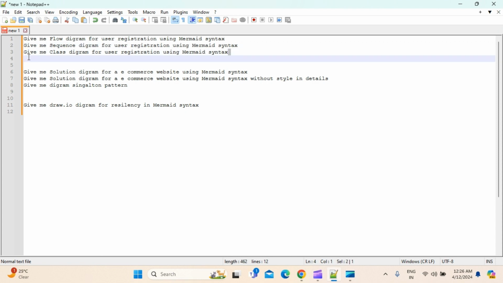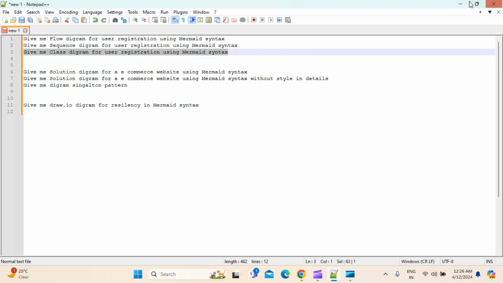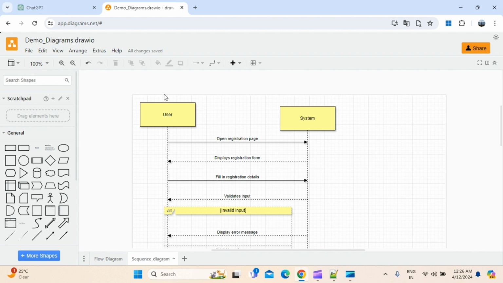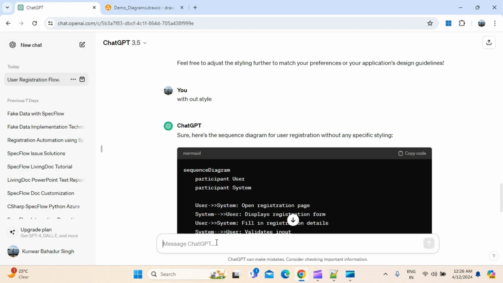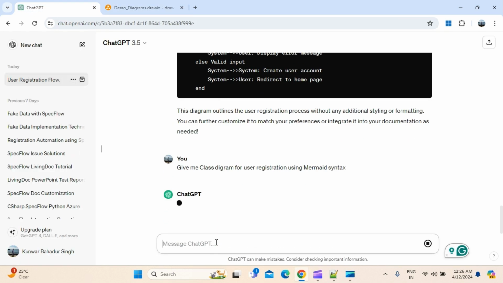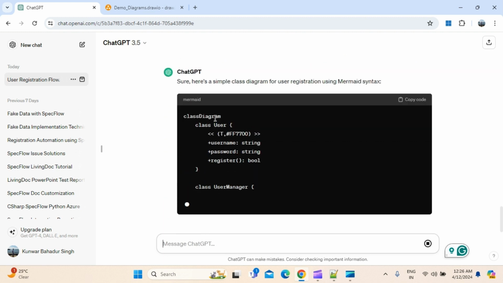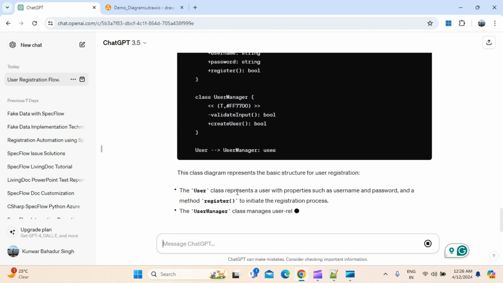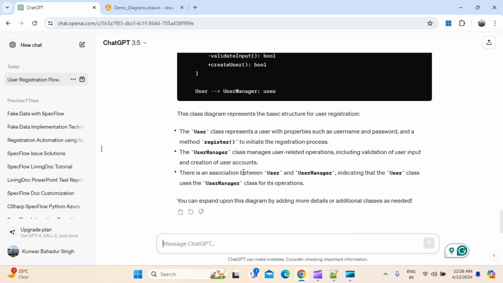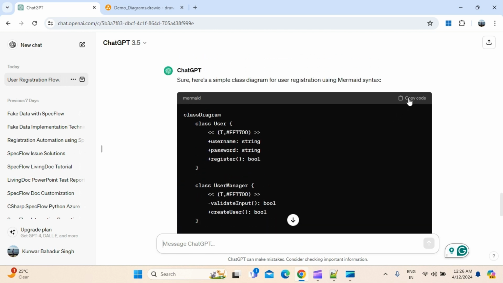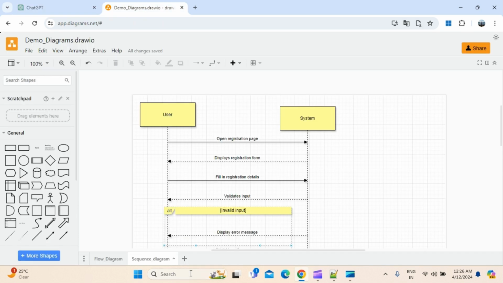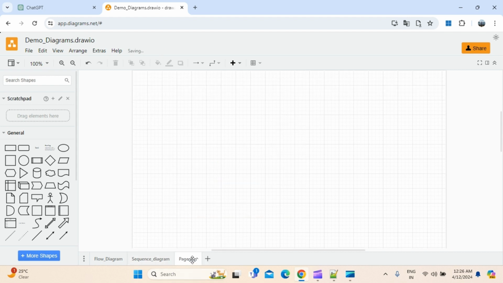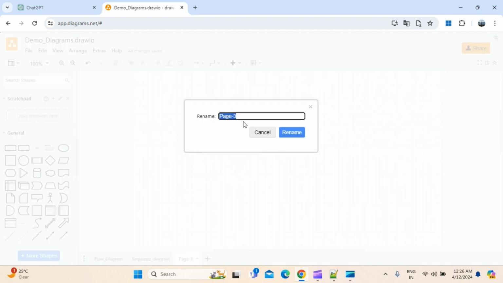So same scenario for user registration. I'm going to show you how we can generate the class diagram. I'm going to type it for that same prompt, with the prefix as a class diagram now. So I created this class diagram, copy it, and then I will go here. I will add a new tab. I will rename it as class diagram,